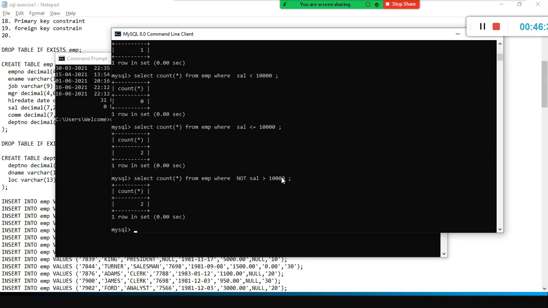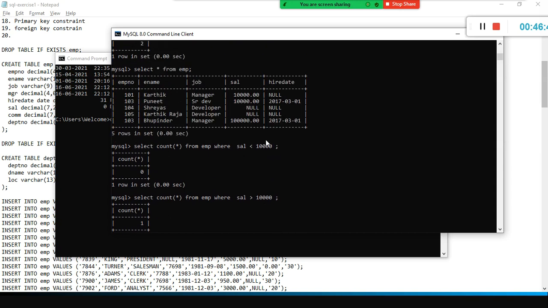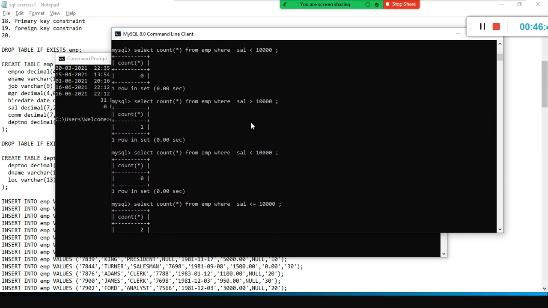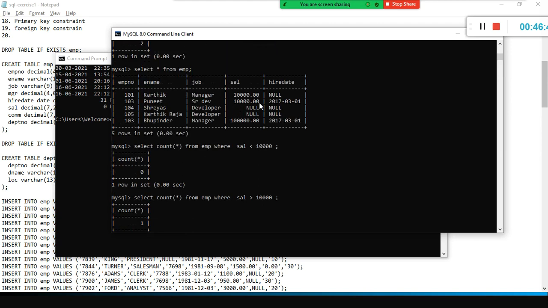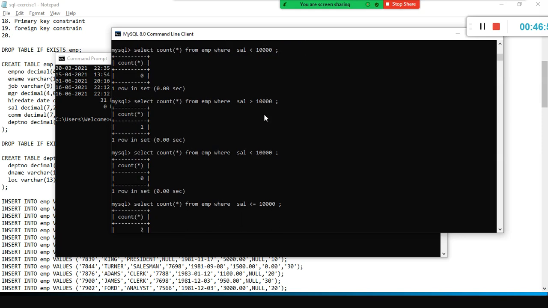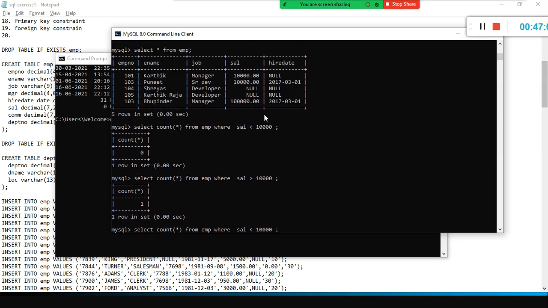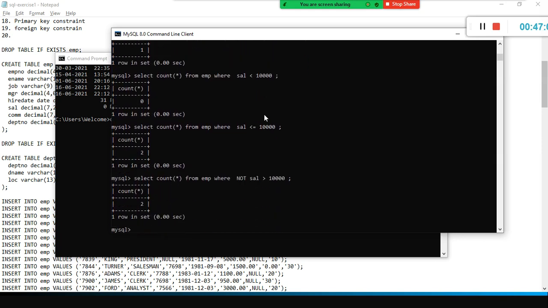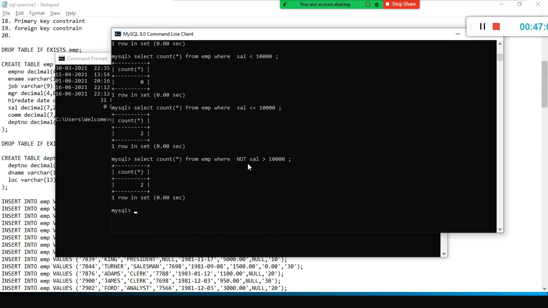If the condition salary greater than 10,000 is true, only 1 person is returned. 10,000 cannot be greater than 10,000, so all these conditions are false. If it is not greater than 10,000, why are we getting 2 here?